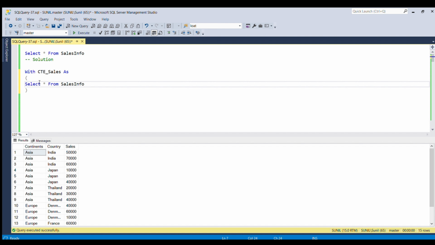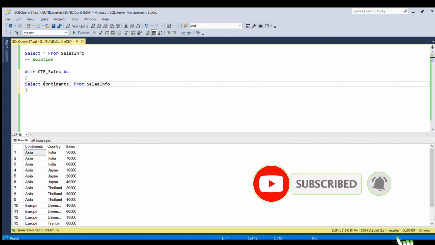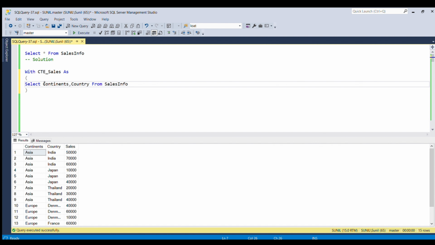After that I'm going to replace this star with continents, comma, country, comma, sales. If I run this, we have all the three columns' values.